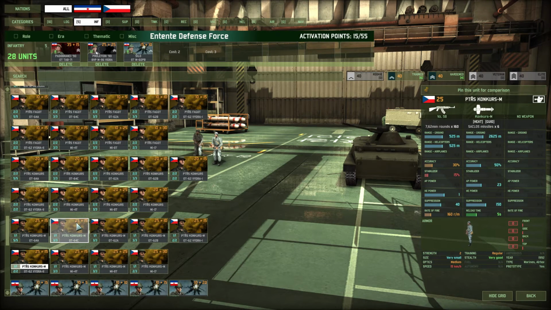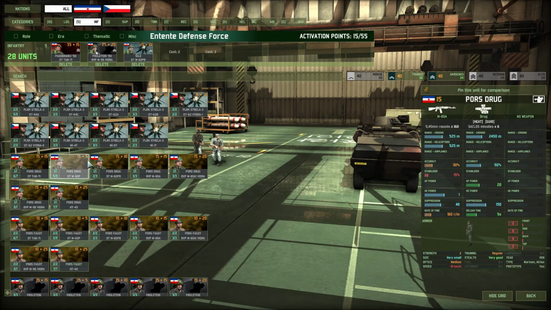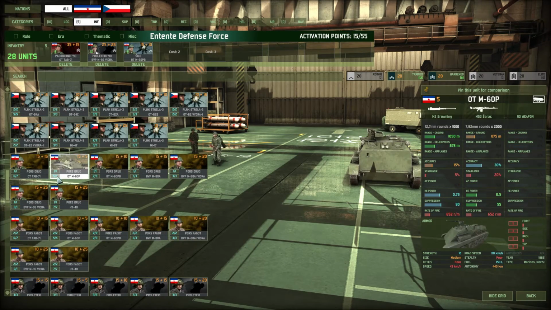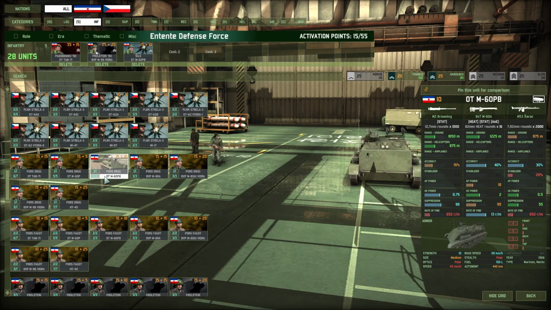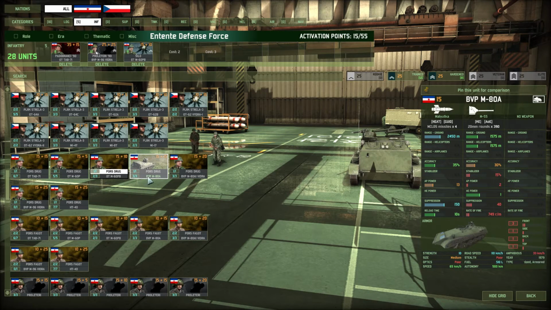That will give us other ATGMs. Could be useful, but we will only get 6 ATGMs. You know what? Let's go get the drugs. What do the drugs come in? We've got the double recoilless. We've got...